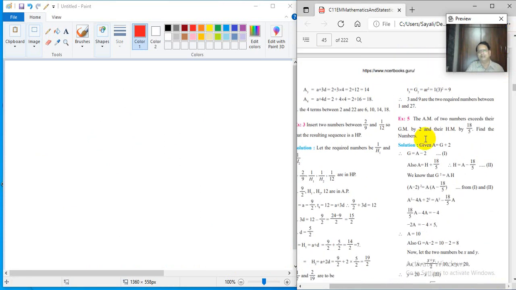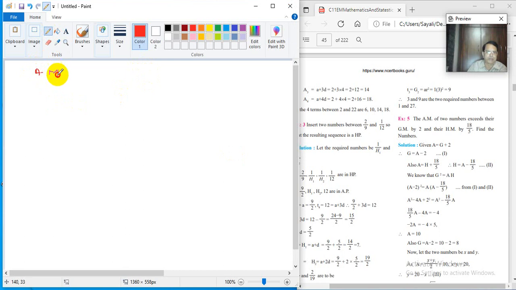आता हे पुन्हा असे टिपिकल प्रॉब्लेम्स असतात बघा. द अरिथमॅटिक मीन ऑफ टू नंबर्स एक्सीड्स देअर जॉमेट्रिक मीन बाय 2 अँड हार्मोनिक मीन बाय 18/5. फाइंड द नंबर्स. काय म्हटलंय बघा, आपण हा प्रॉब्लेम इथे डिस्कस करूया, म्हणजे मी लिहीत नाही, सर्व बेसिक गोष्टी फक्त आपण बघूया. अरिथमॅटिक मीन ऑफ टू नंबर्स एक्सीड्स देअर जॉमेट्रिक मीन बाय 2. हा जो 5वा सॉल्व्ड प्रॉब्लेम आहे ना तो आपण डिस्कस करतोय. 5वा सॉल्व्ड प्रॉब्लेम. अरिथमॅटिक मीन एक्सीड्स